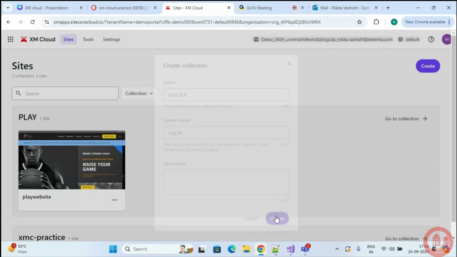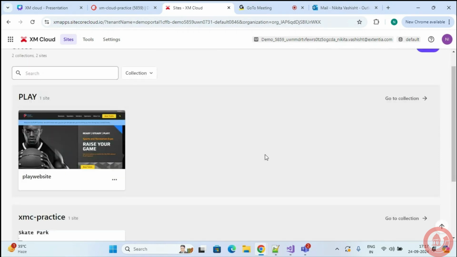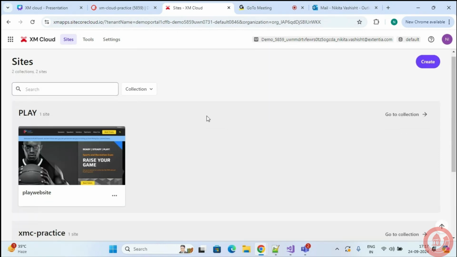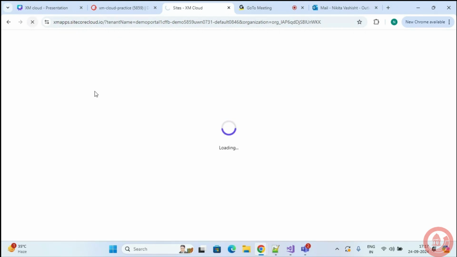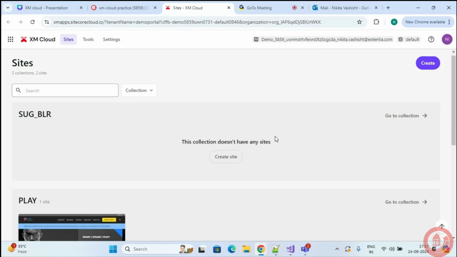Here we have the option of selecting a template. By default, we have three options available to us. First is the empty template. In the empty template, we will not have any basic structure, no partial page designs available to us. Only some basic components will be there to drag and drop. Then in basic, a basic layout of structure will be provided that we can follow, or we can see the components that are being added on that. And then the play template is something that is there in our portal.